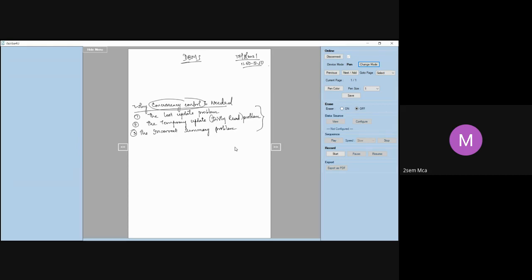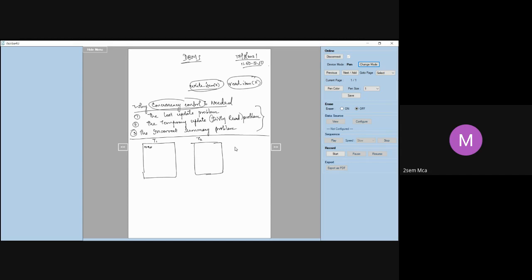Before I go into these problems, let us say this is an example of a particular transaction, T1. You have another transaction, let us say T2. In the last class, we said that there are two important operations in any transaction. One is read item of X, the other is write item of X. These two operations will be there for sure in any transaction. That means you want to read something, and you also want to update something. Apart from this, there can be other operations as well.